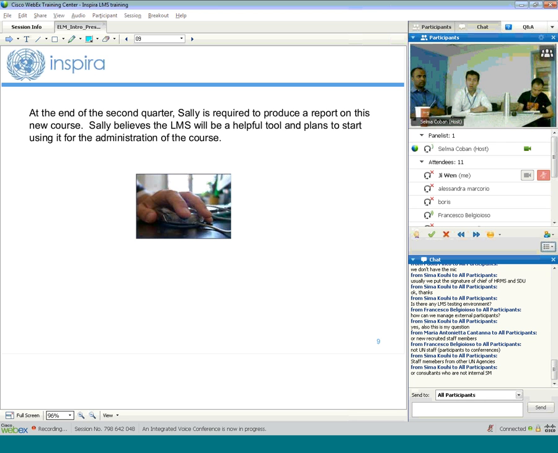For new staff members, what was just explained is correct. The only thing that is important is that they need their PA to be already passed in IMIS. As you know, Inspira is connected with IMIS, so if they submit the ticket, that's what they will request. So, staff members of other UN agencies?